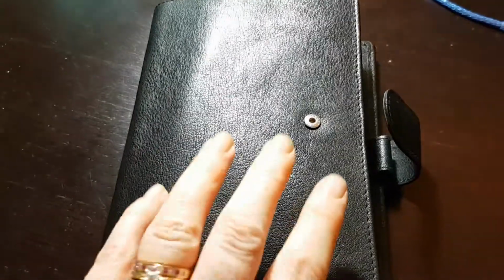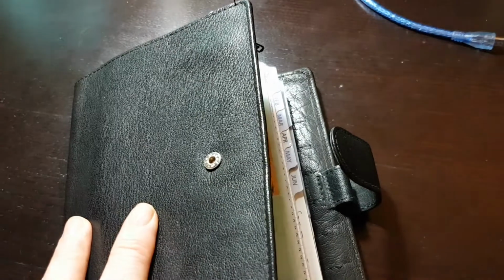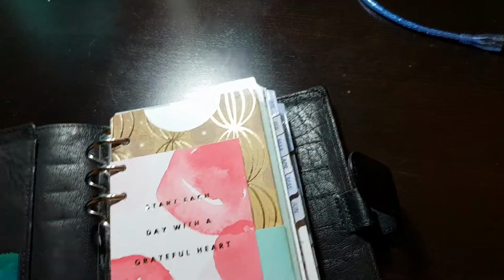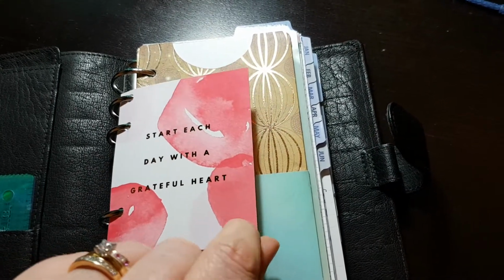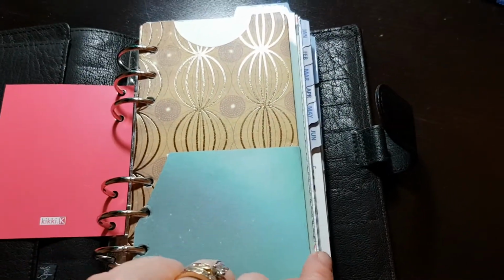Today I'm up to my personal planner, a Websters Standard in Touch Me. Very quickly, that's just a Kikki.K Love and Hugs card that I like the quote on. This is an Oniko Hanby